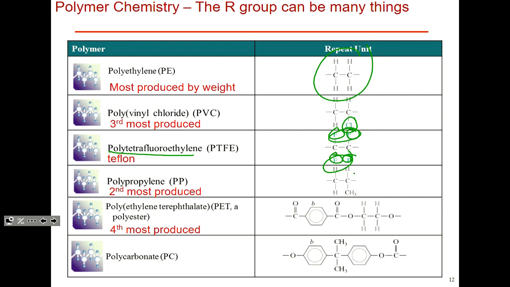Okay, polypropylene, second most produced. It's also everywhere. And then what you wear, but you might not know it, is polyethylene terephthalate, or PET. That's a little bit less common in water bottles, given that there's some BPA that's associated